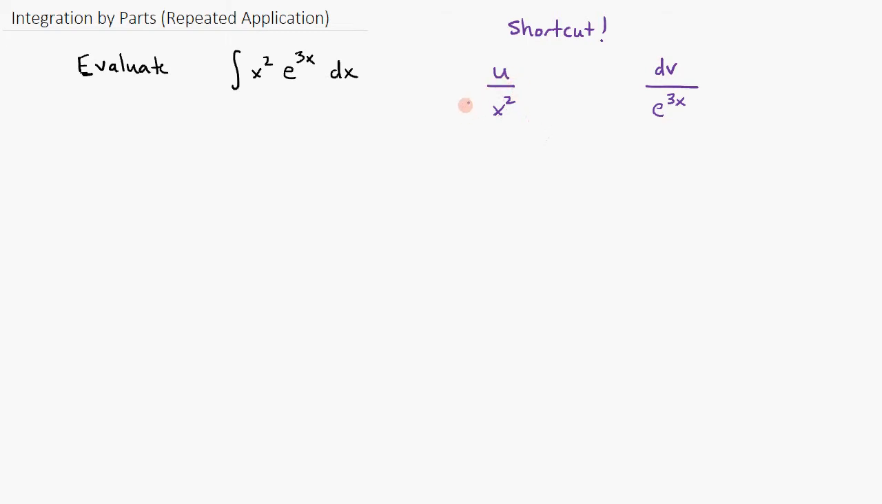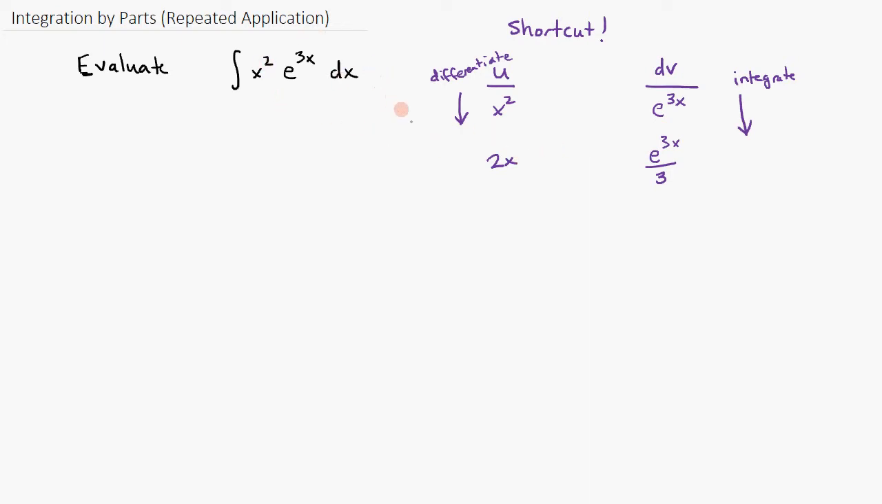So if you remember, for u, to get du, we differentiate. And starting from dv, to get v, we integrate. So the derivative of x squared would be 2x. And then the antiderivative of e to the 3x would be e to the 3x over 3. And then